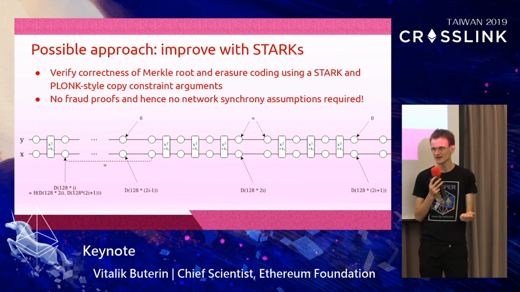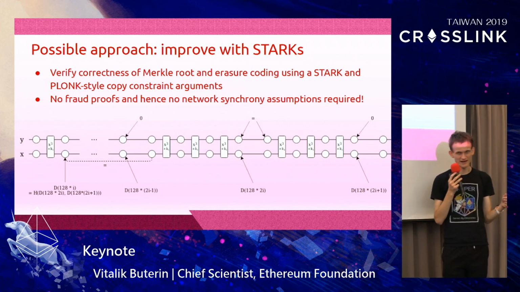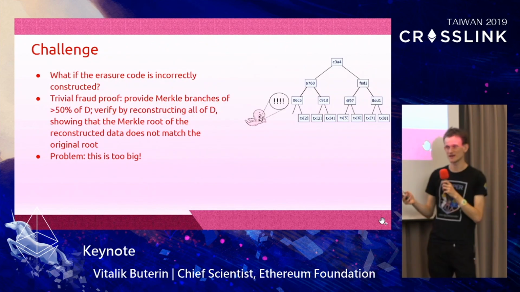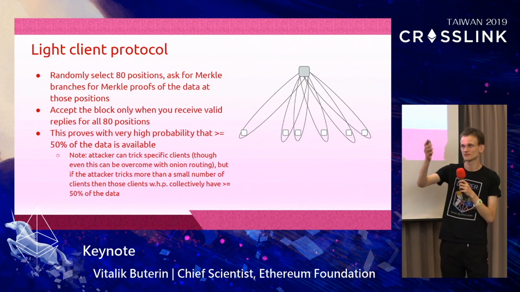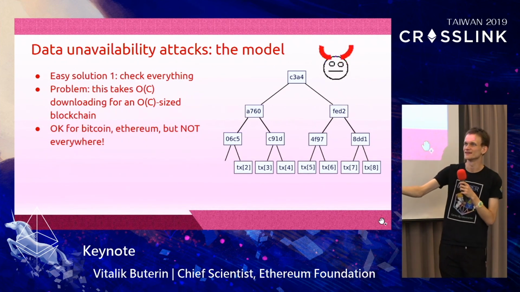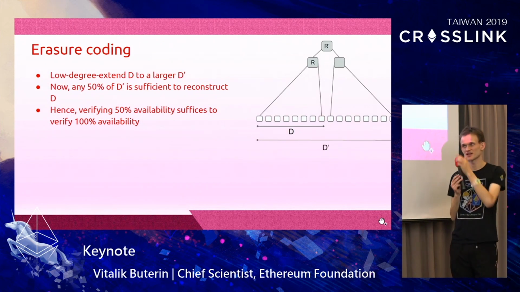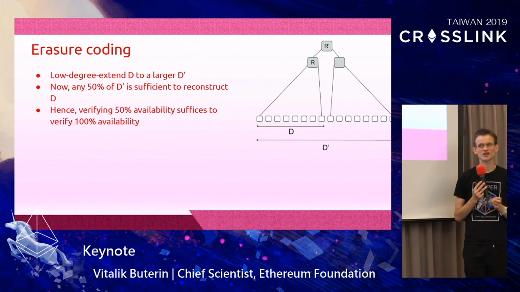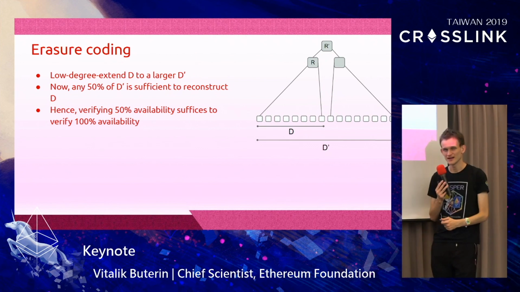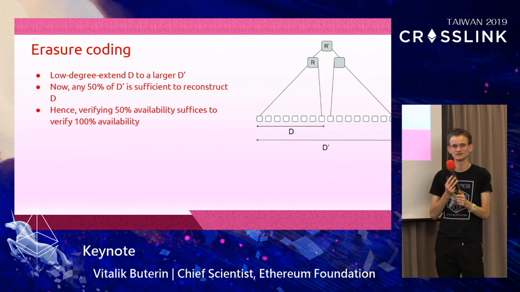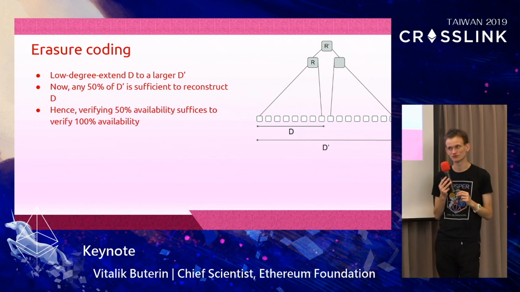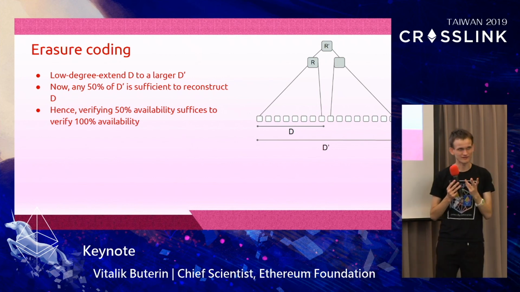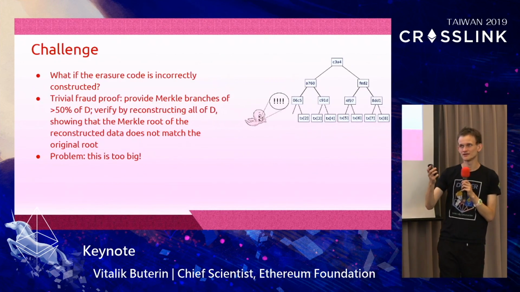And so it is possible that you can basically verify that a piece of data has been erasure coded and hashed correctly, and that some piece of data actually is the Merkle root. So basically, you make a Stark that proves that this R prime actually is the Merkle root of an extended version of a piece of data, and you just publish this, right, along with the Merkle root. And then if someone downloads this Merkle root and they download this proof, then they know for a fact that the root represents a piece of data that has been encoded correctly. And so if you have that proof, then you can do the